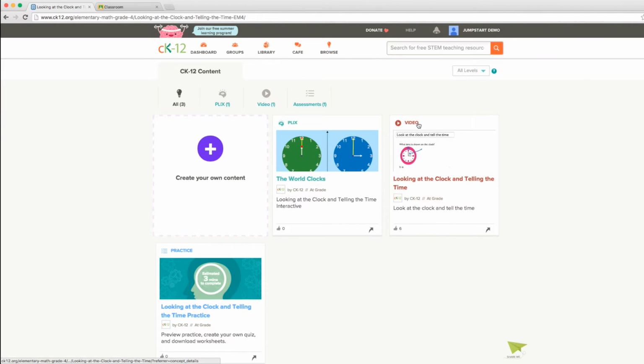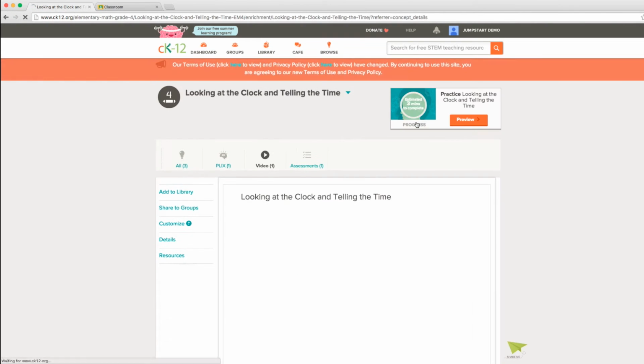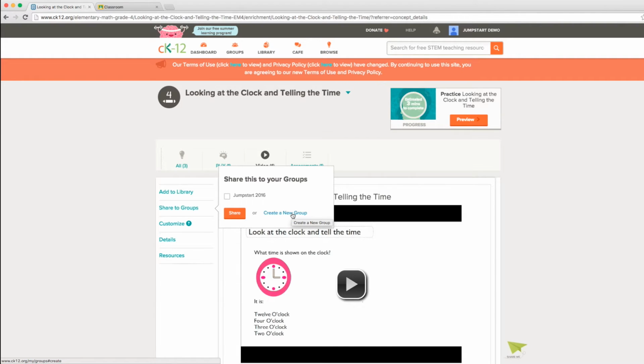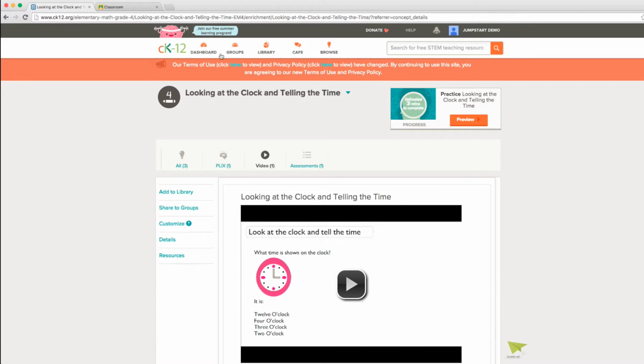From here, I could pick any modality, such as a video, a read, practice, etc. And once I'm on that page, you'll see on the left-hand side a Share to Groups option. If I click this, I can share it to an existing group, or I can create a new group. Note that if you create a new group, this will bump you to the group screen where you'll get to create a group, and then you'll need to come back and share this resource to that group. Since I've already created the group that I want to share this with, I can click on Jumpstart and click Share. At this point in time, if I went back to my groups page